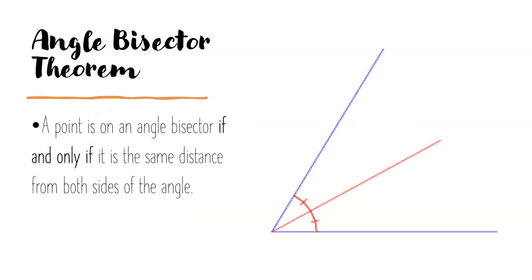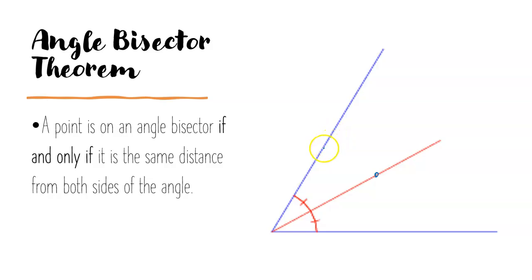The angle bisector theorem says that a point is on an angle bisector if and only if it is the same distance from both sides of the angle. So if I pick a point on the angle bisector and then I measure the distance from that point, the shortest distance is going to be perpendicular. So if I measure the distance from that point